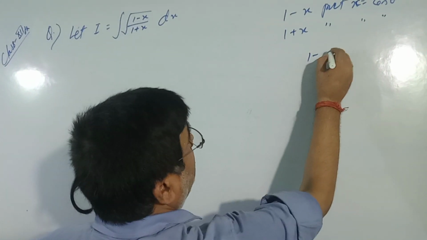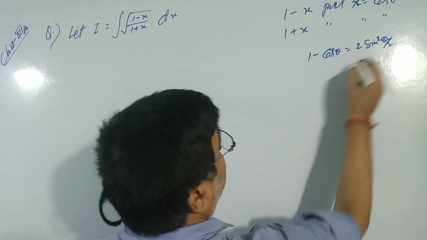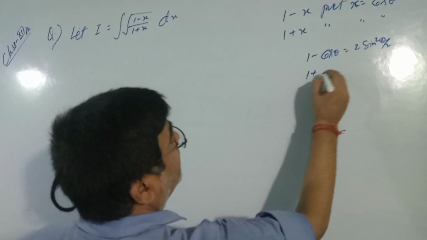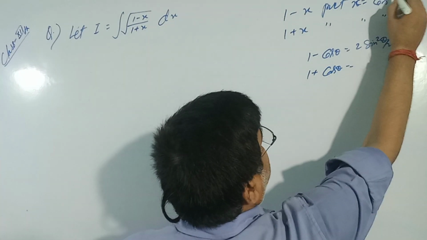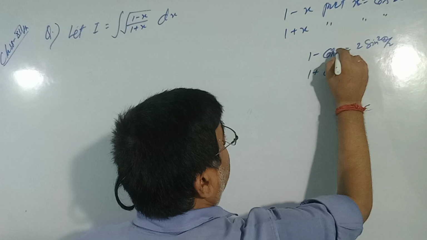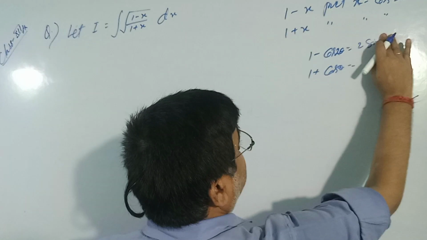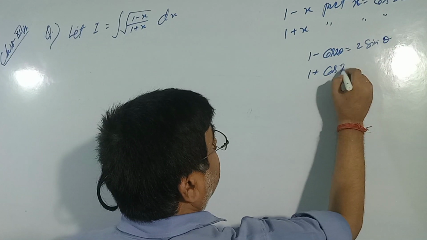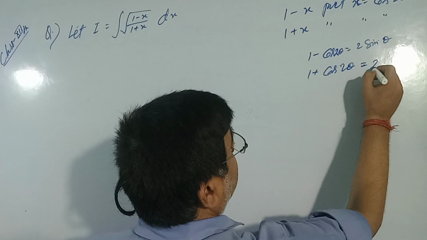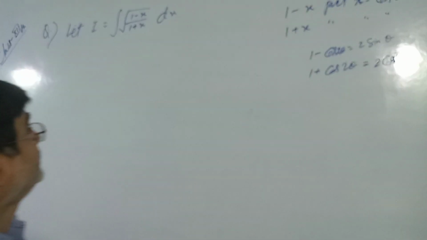Because 1 minus cos 2 theta is 2 sin square theta, and 1 plus cos 2 theta is 2 cos square theta, as is known. Right, students? So let